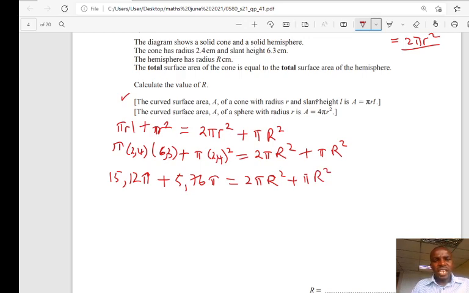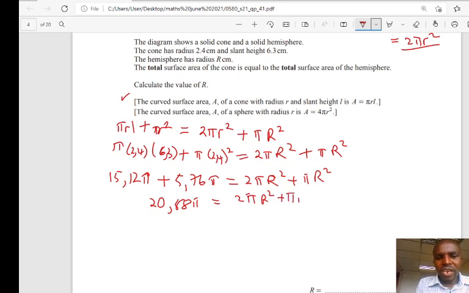Then if you can see, there's a common factor pi everywhere there's pi, right? Or we can just first add the left side, this one, 5.76 plus 15.12, you'll get 20.88 is equal to 2 pi r squared